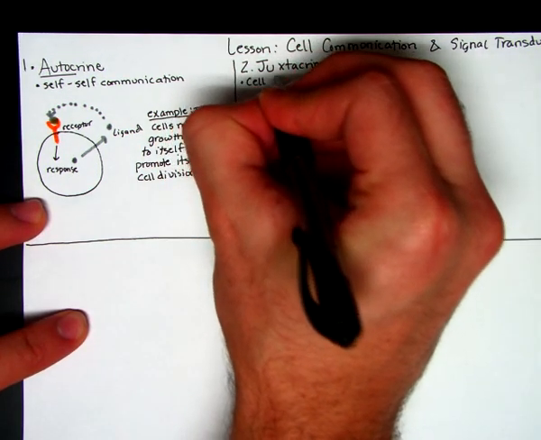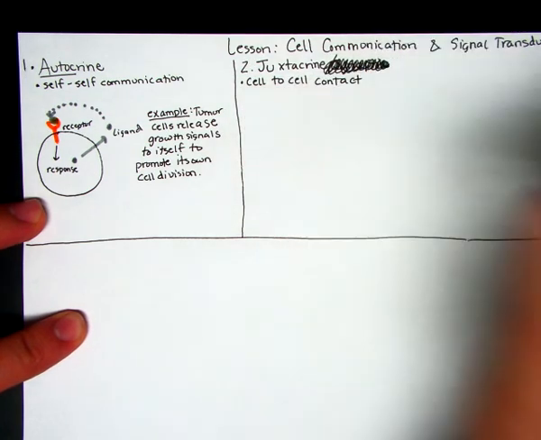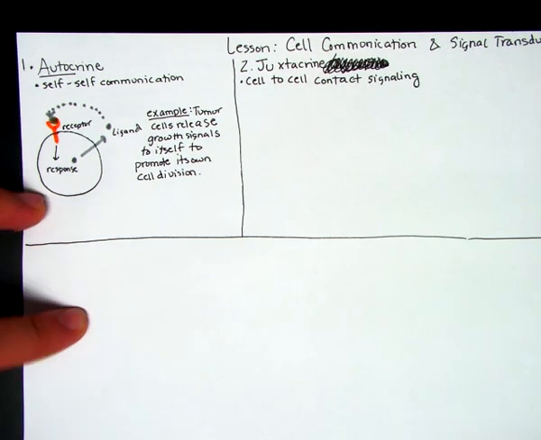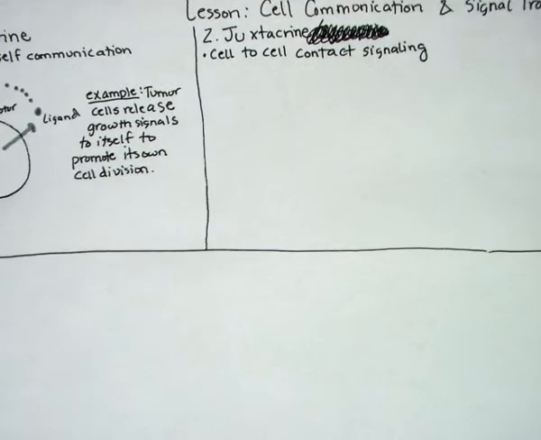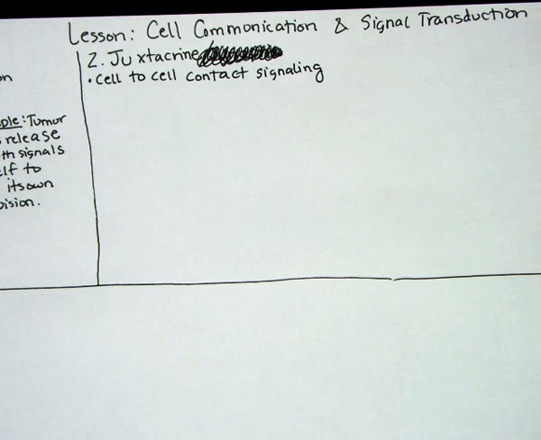is cell-to-cell contact signaling. So there are two different cells involved here, but they have to make direct contact in order to signal with each other. And there are two kind of hallmark examples of juxtacrine signaling. The first one